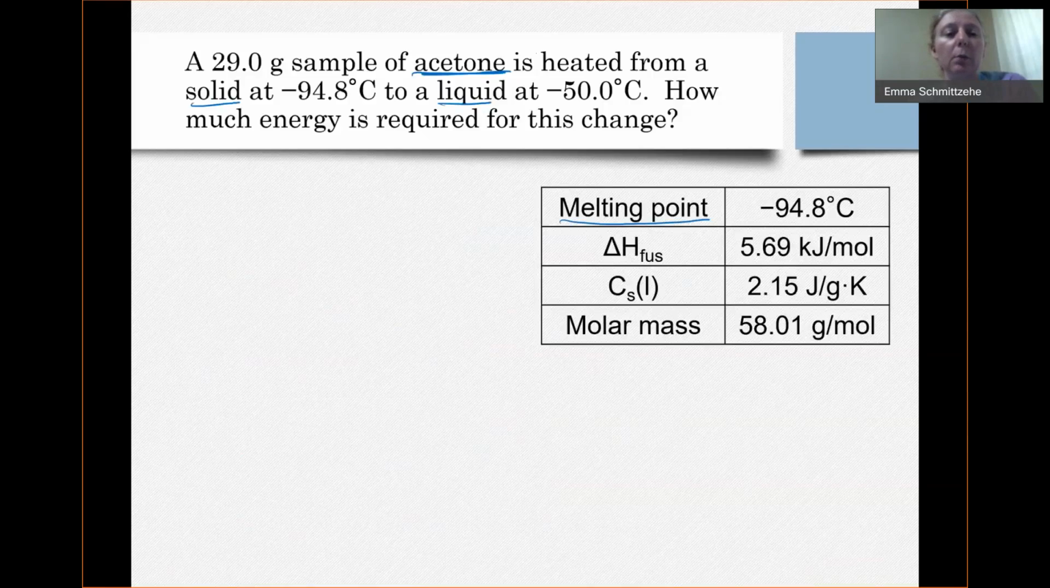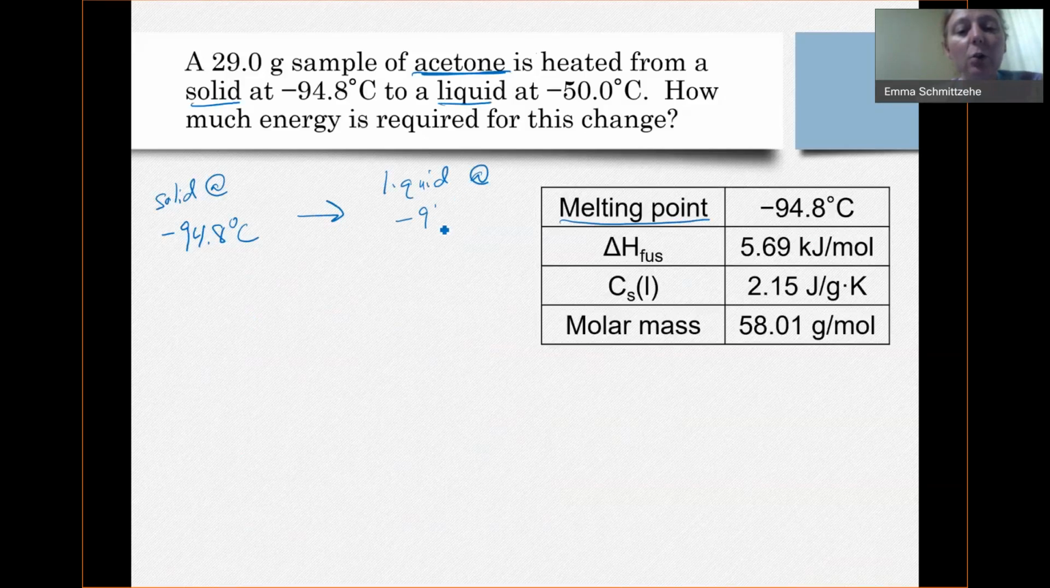So we know at negative 94.8 degrees C, that's our melting point. Meaning we actually start at the melting point, but it's a solid. So we have a sample at negative 94.8 degrees C, and it's a solid. We want to first convert it to a liquid, because it's at the melting point, and so we're going to add heat until we melt it. That's one step, and then we have this liquid